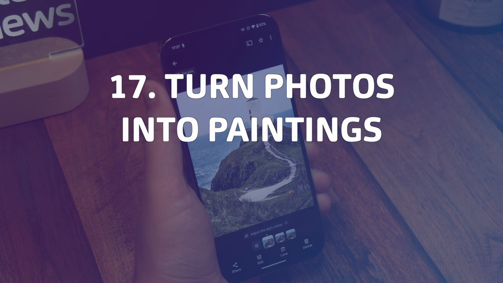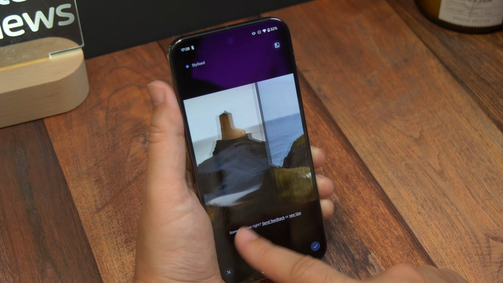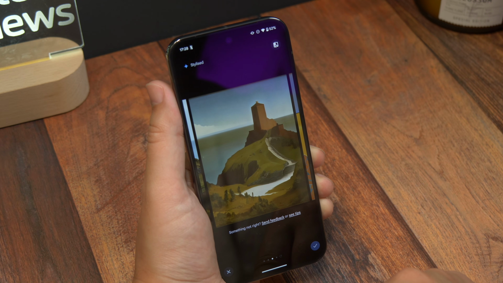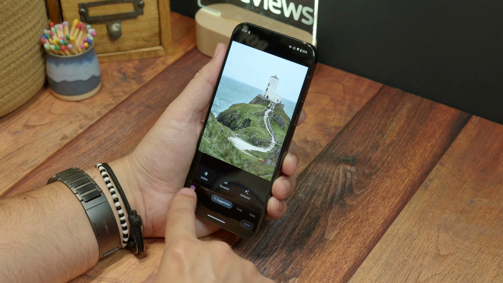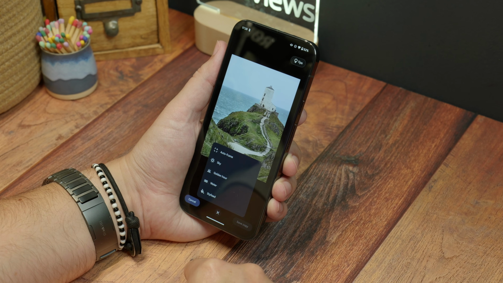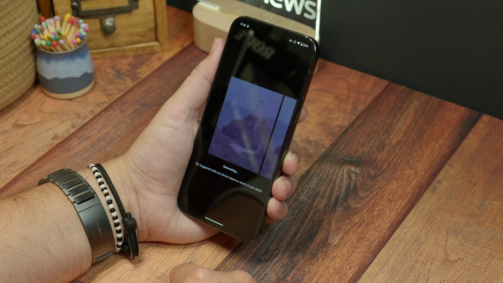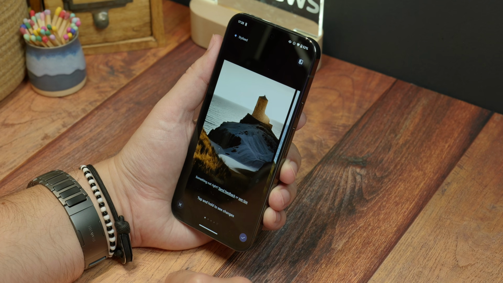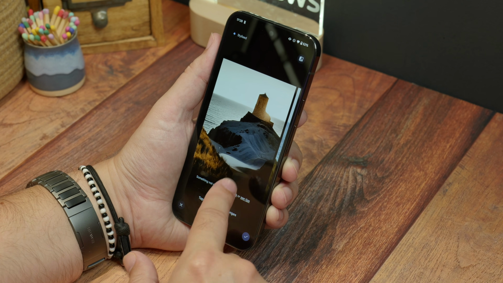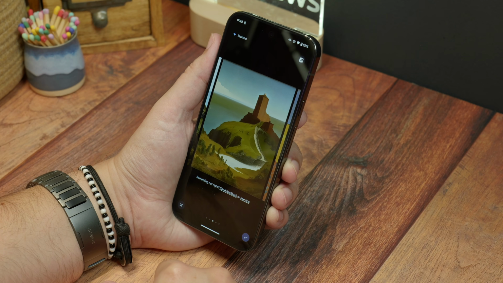Turn your photo into a painting. Now this one is pretty cool, and with the Google Photos app you can take your photo and use AI to turn it into a painting style image. All you need to do is open your photo, tap that Magic Editor button in the bottom corner, and then tap the Magic Edit button in the middle on the next screen and tap Stylize in the pop-up menu. This doesn't appear for every single picture, by the way. Once you've done that though, it'll take your photo and generate a few different artistic styles, so you just save the ones that you like.